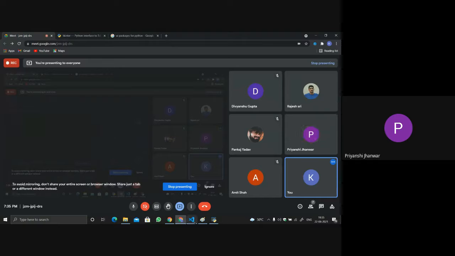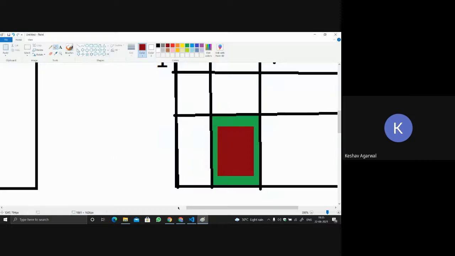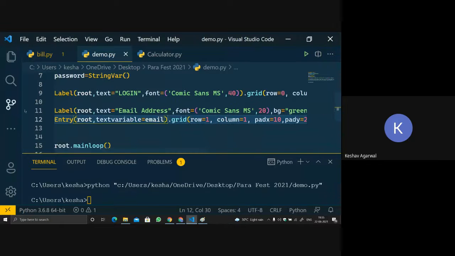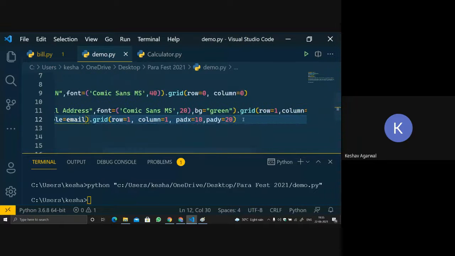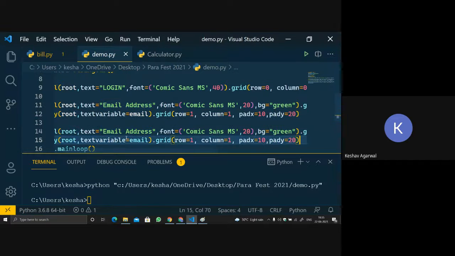Yeah. So now what we will do is, we have already used the email. Now let's move to password. So now let's create a password field. Let's copy it because it will be the same. We just have to replace the text variable over here, and instead of email address, we'll write password.